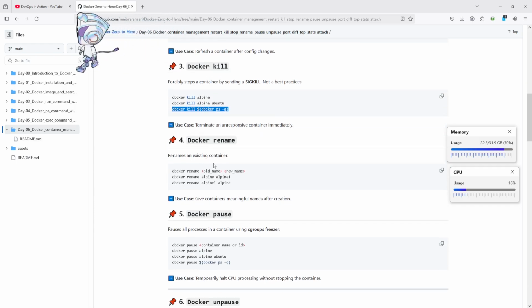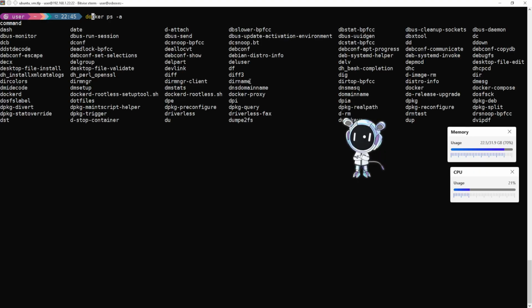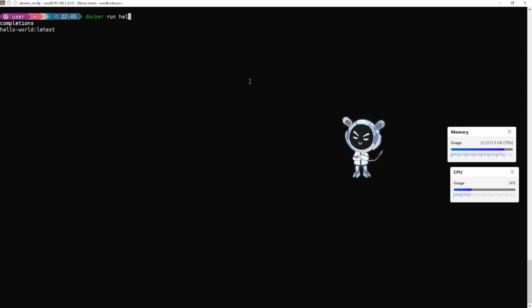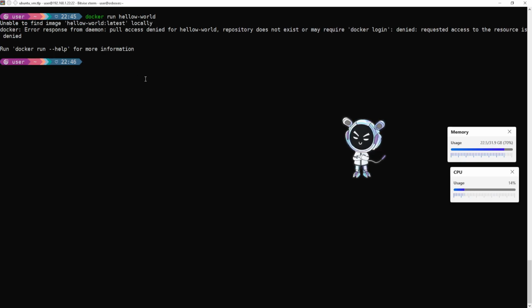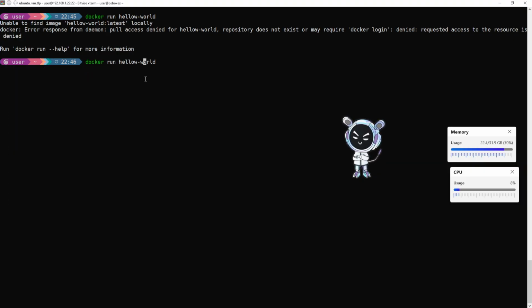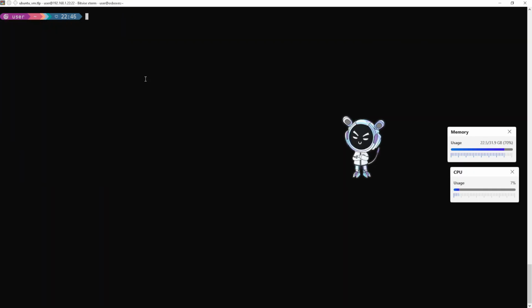Docker rename, with the docker rename command you can rename your container. Let me show you something here. Docker run hello world. Oops, my bad. You can see here one container is running